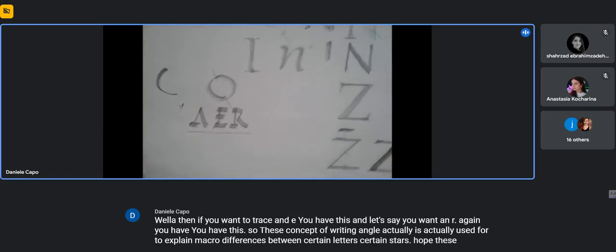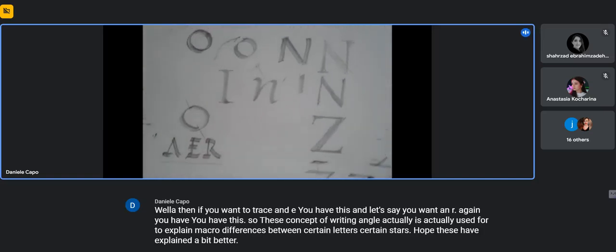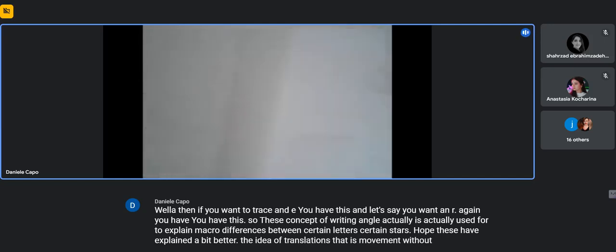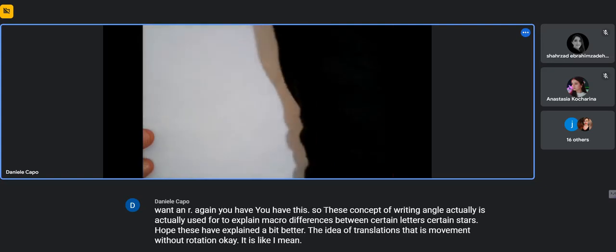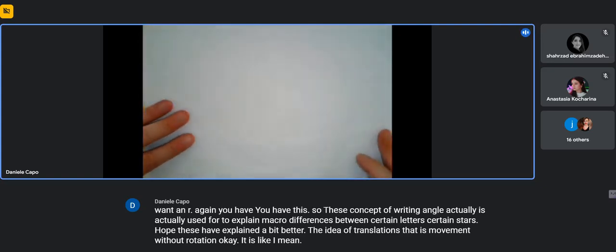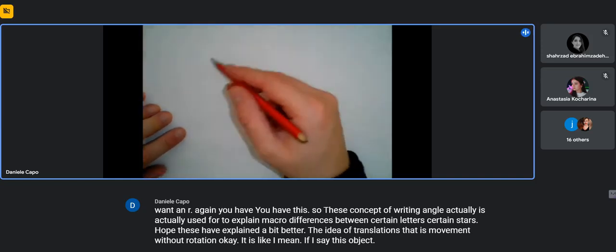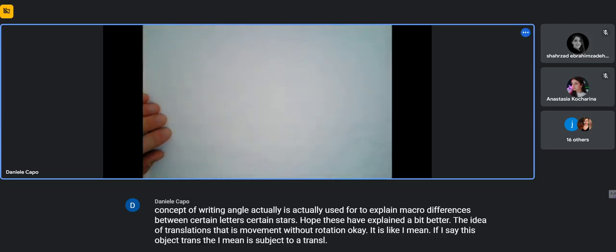Hope these have explained a bit better the idea of translation, that is movement without rotation. It is like, I mean, if I say this object is subject to a translation,